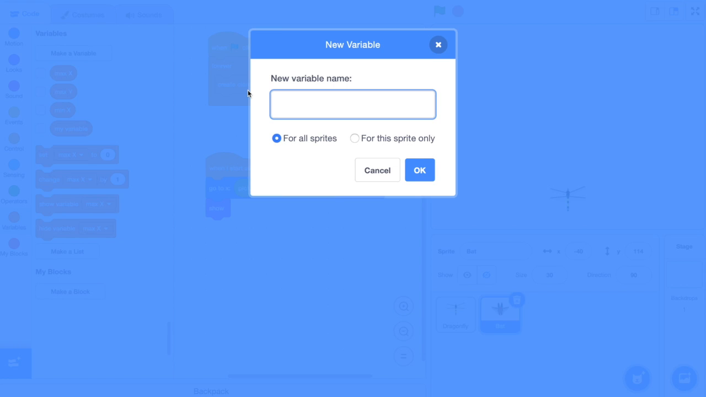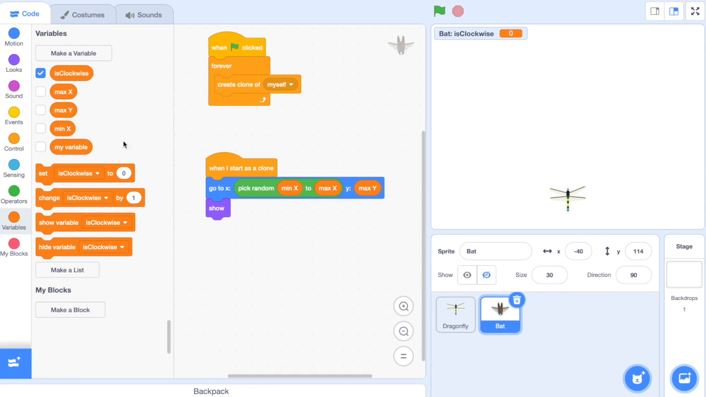called is clockwise, because this will be a Boolean variable. And also, the variable should only be visible to this sprite, because no other sprite needs to know about this. So click for this sprite only, and click OK. Again, we don't need to show it, so let's uncheck the check mark. Now, in order to set the is clockwise variable, we want to check what is the value that is picked